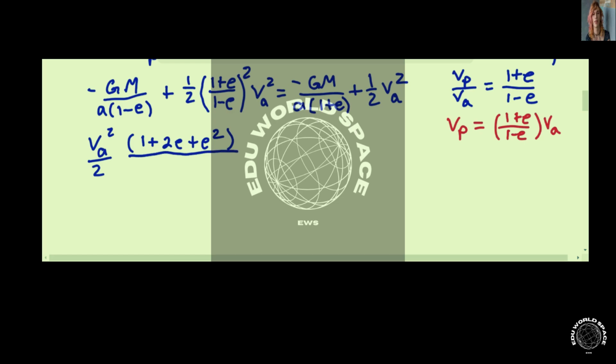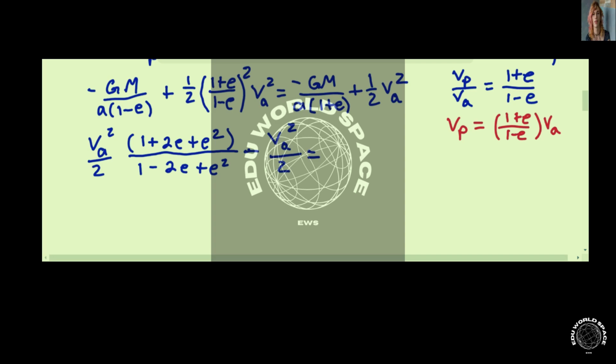And then 1 minus E squared is 1 minus 2E plus E squared. And so that is this term right here that I just wrote out. I have to do that one minus the term from the right side of the equation, which is the simple VA squared over 2,